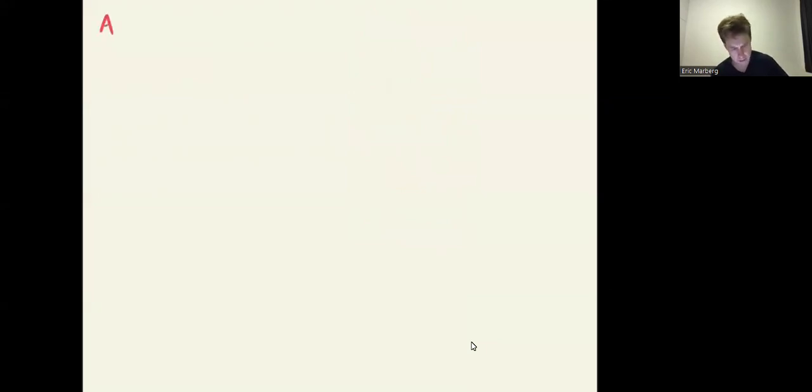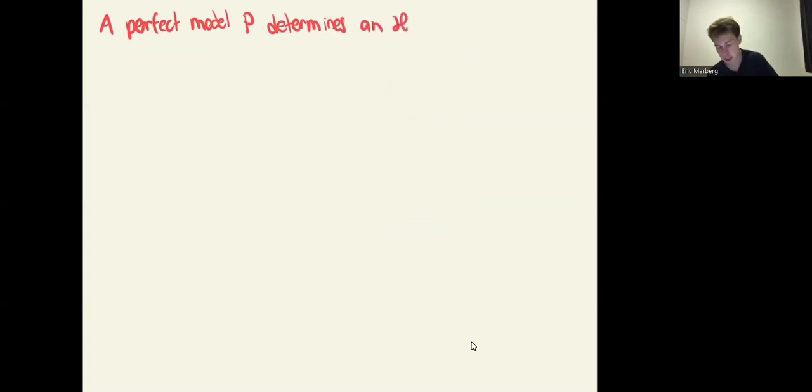A perfect model P, or more generally just any set of model triples, determines a representation, or an H-module, which I'll call M_P,